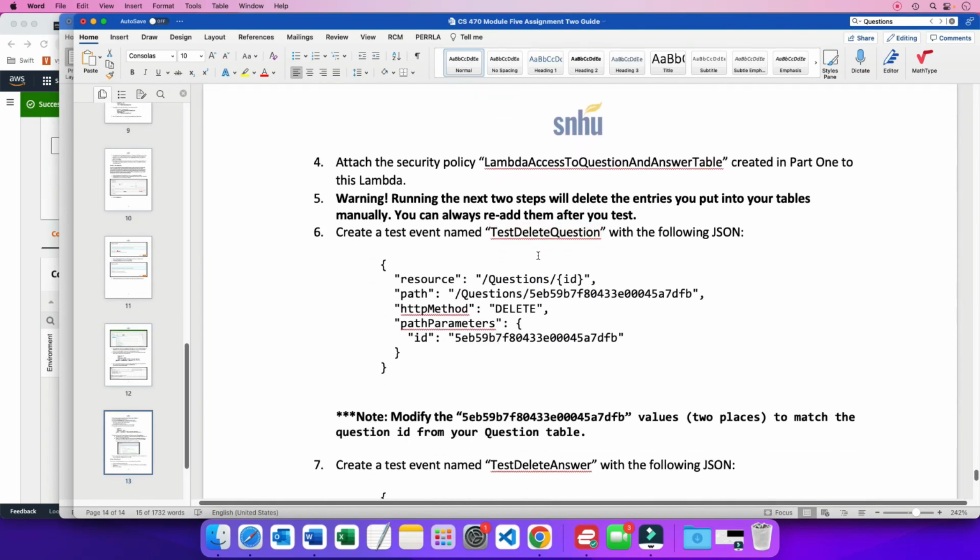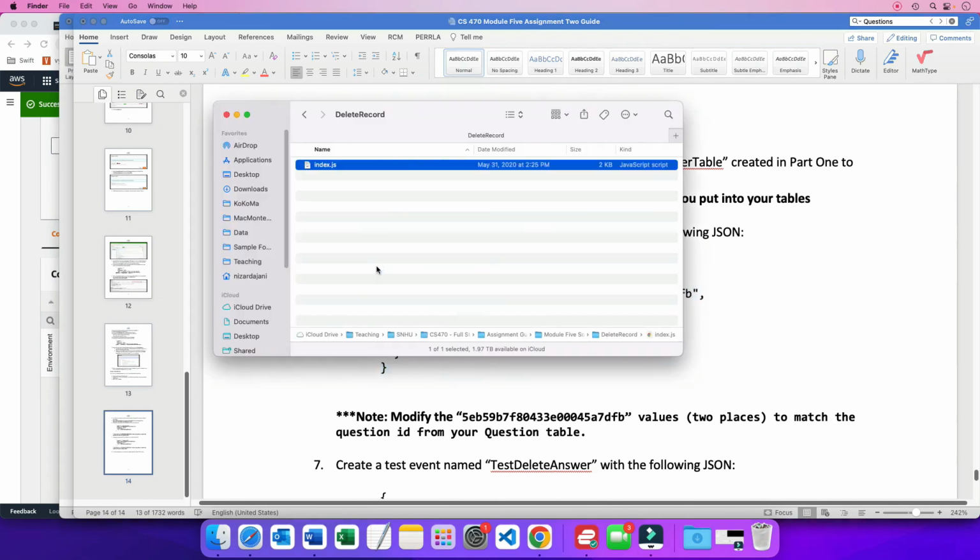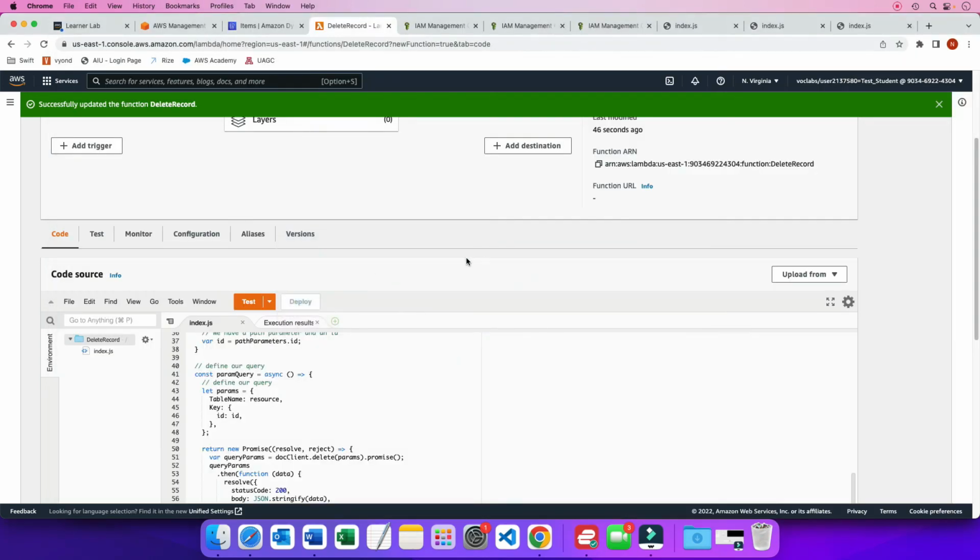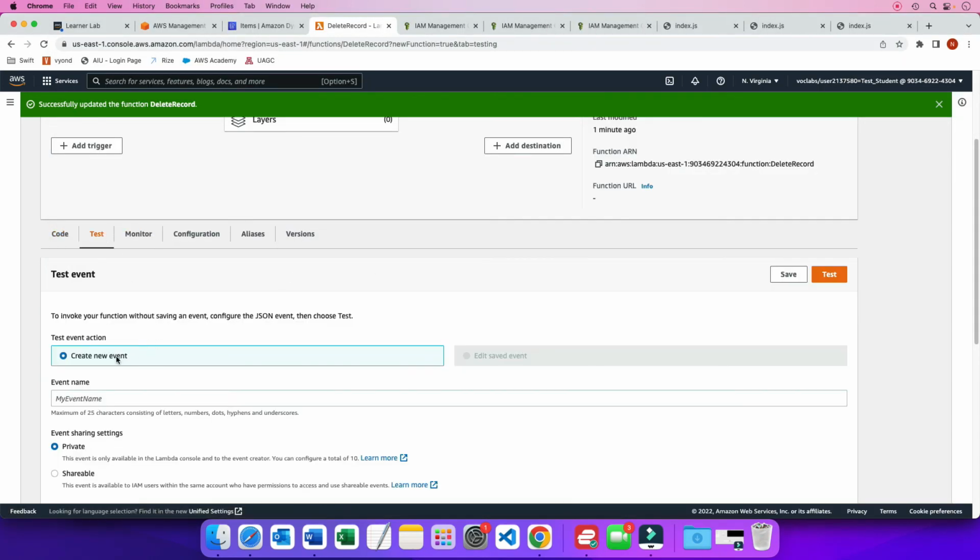Okay, we attached that already. Alright, so now it's telling you that the test we're going to be running is actually going to be deleting actual records in our database, so just be careful. So we need to create a new test event called test delete question. Copy. So go to the test, create a new event, test delete question,